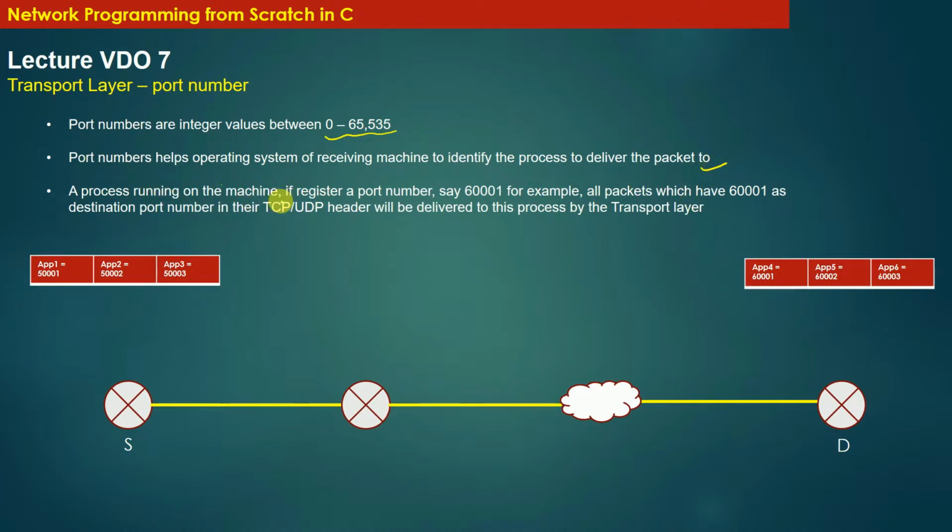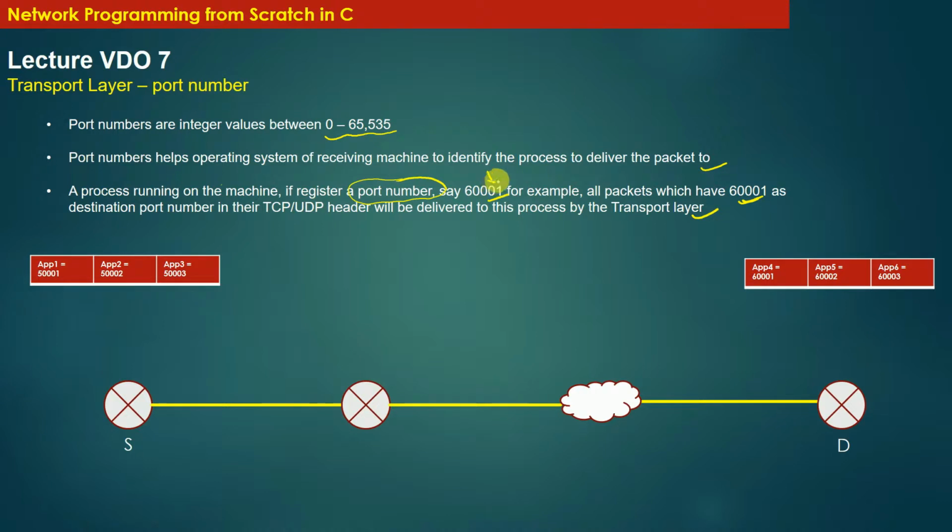If a process running on the machine registers a port number, say 60,001, for example, all packets which have 60,001 as destination port number in their TCP or UDP header will be delivered to this process by the transport layer. So you can see that the port number identifies the application which is interested in receiving the packet. And those packets which have destination port number 60,001 will be delivered to the application which is listening